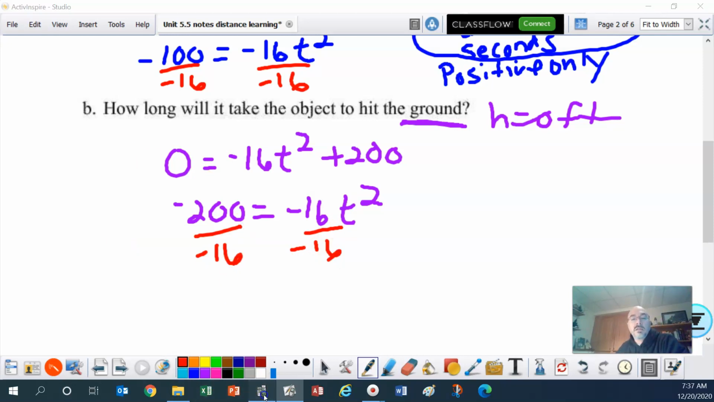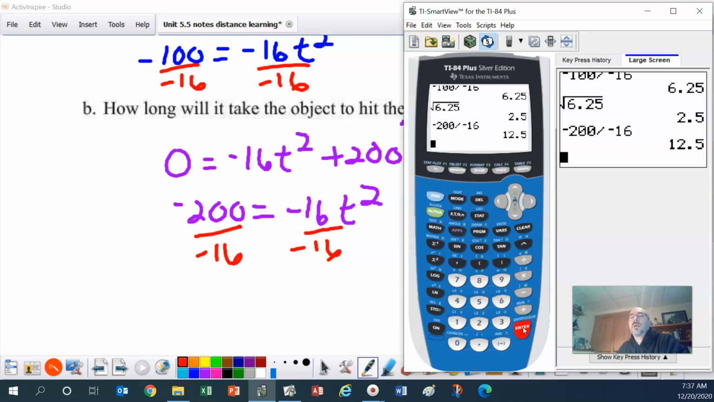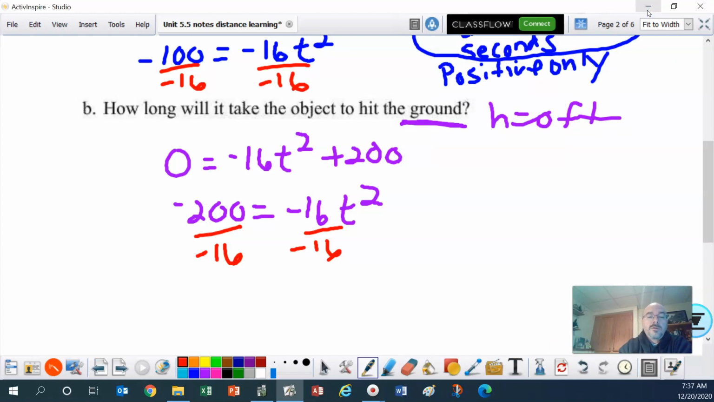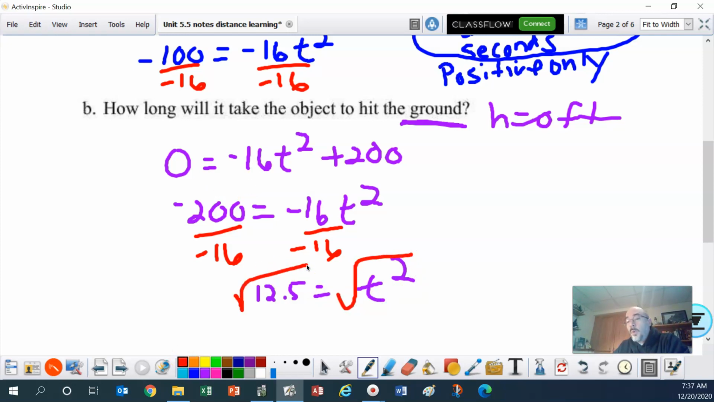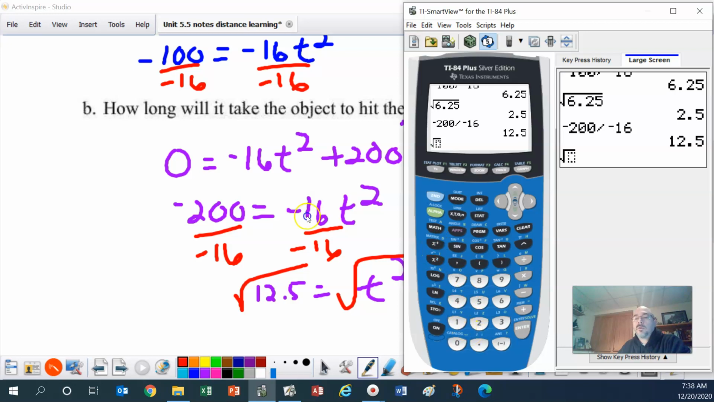And let's see, I need the calculator to help me out with that. So negative 200 divided by the negative 16, and we get 12.5. All right, so we've got 12.5 equals t squared. Square root both sides. Now again, we only need the positive here, because we're not going to have negative time. So I'm going to take the square root of 12.5,